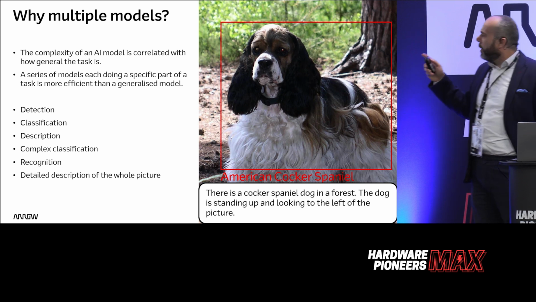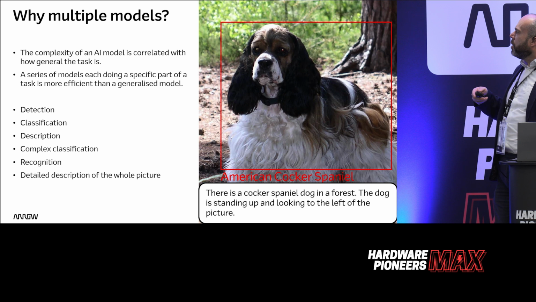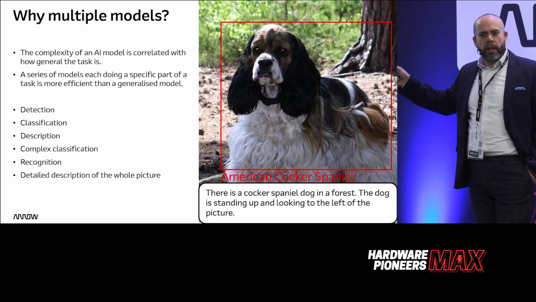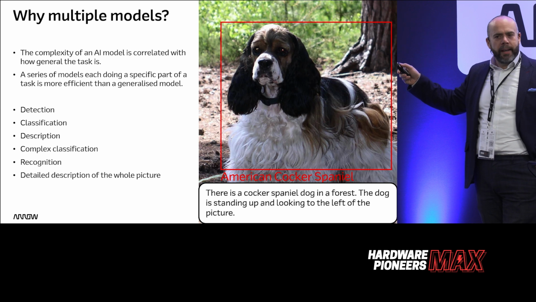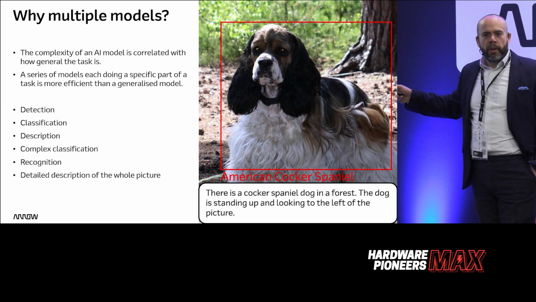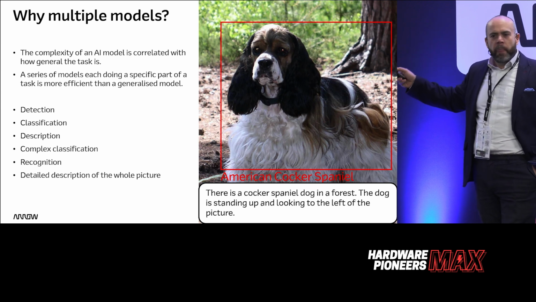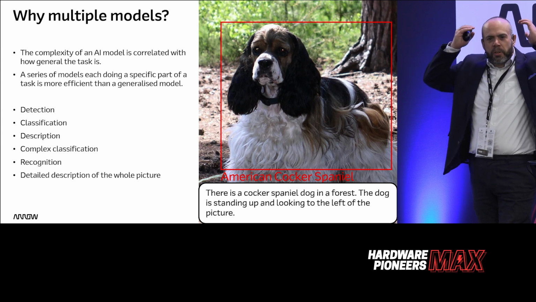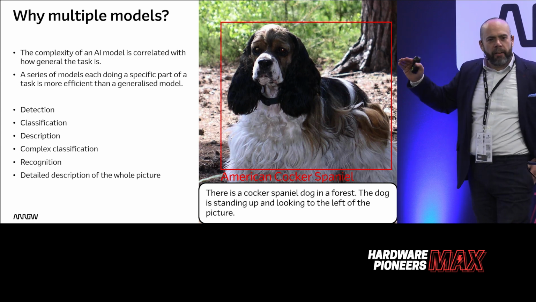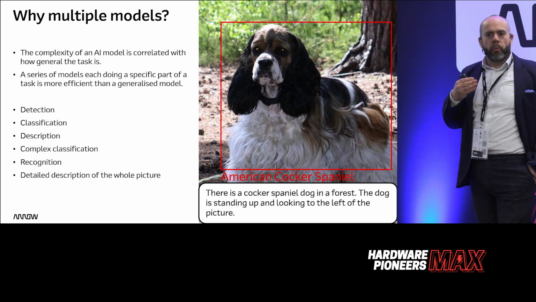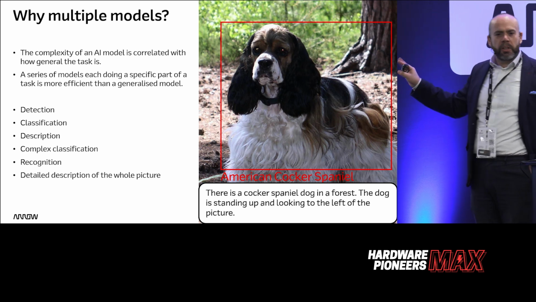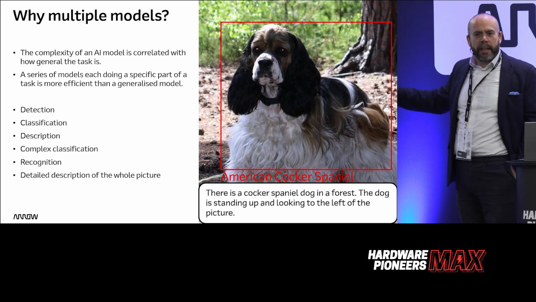Just out of interest, and I think the picture from this distance maybe doesn't allow you to do it, but what I was planning to say was I think that as humans looking at this, we could probably even detect some form of emotion. We could probably look at the dog and say, that dog has seen something interesting. Its ears are just lifted up ever so slightly. It seems to be staring intensely. And that's something which AI models aren't ready to do at the edge yet, but it's something which I think a lot of you, especially if the picture was a better quality, would get just by looking at this